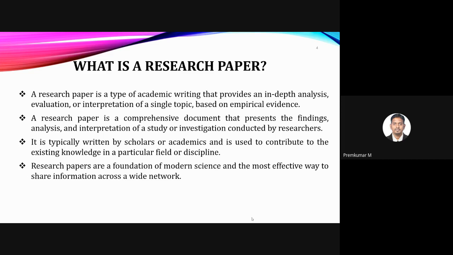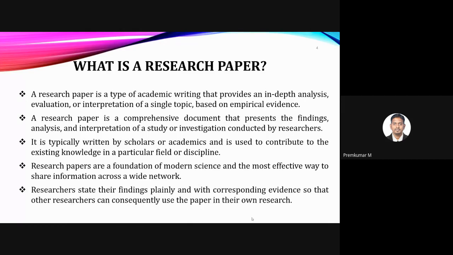Okay, even so, I'm not saying that review papers are not good. Review papers are also required, because when we want to start some kind of research study, obviously a review is required. Based on the review only, we can focus on certain things and go ahead with certain research or a certain field. So review papers are also necessary, but the impact is more for the research paper because of the